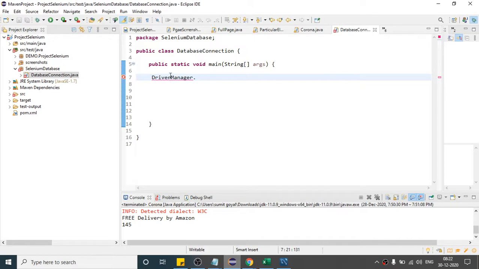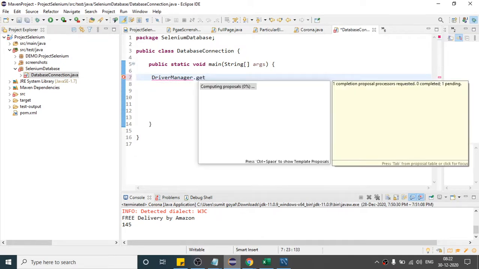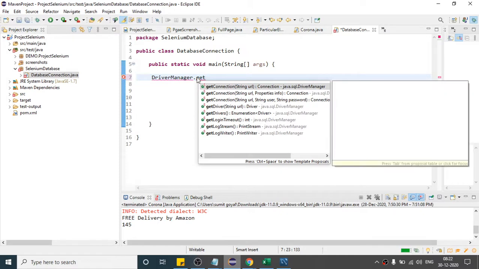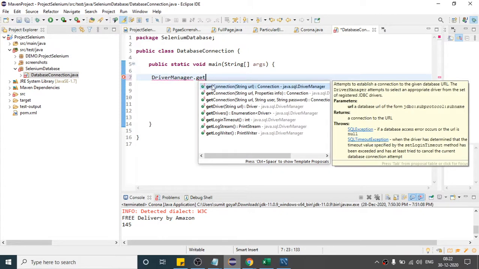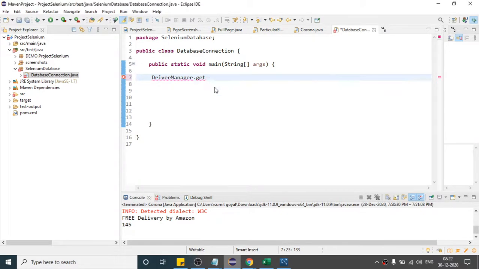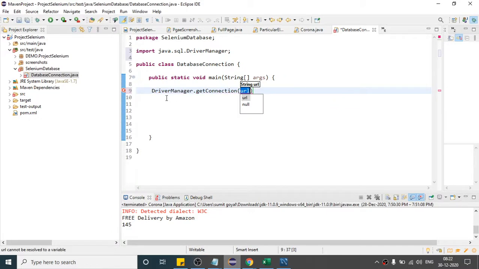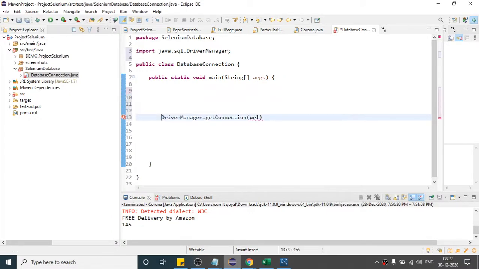DriverManager dot get. Okay, so here you have so many methods. You can use this getConnection. So here it is asking you for one string, and let me define.